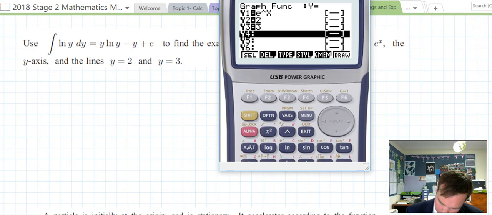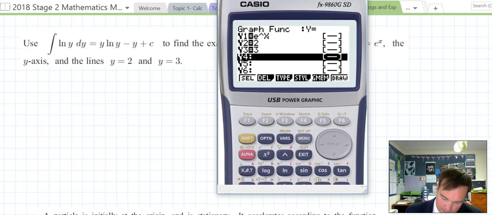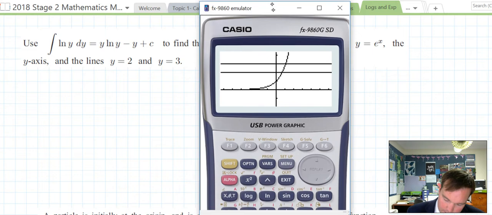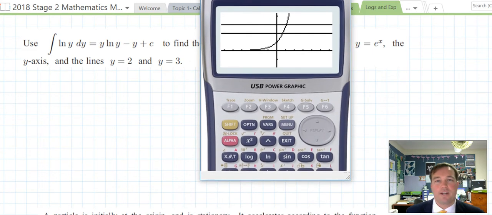This is the line e to the x, 2 and 3. Draw. E to the x is that one. 2, 3, and the y-axis, we're being asked to find this area here. Now, that is not easy, simply because we're used to finding the integral, the area under the integral between something